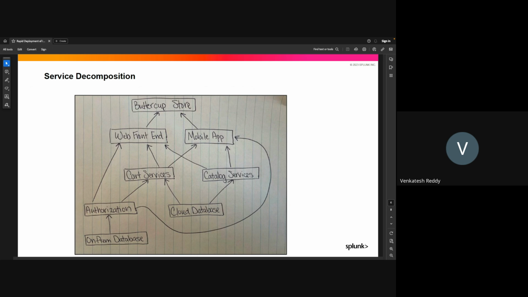And I also want to talk about service templates. We use service templates for the same kind of services. For example, here on the left-hand side, we have an on-prem database service, and here we have a cloud database, which means we monitor the same KPIs on both services, right? On the on-prem database server or the cloud database server, we track the same KPIs. KPIs are nothing but key performance indicators. Based on the KPIs, the health of this particular service will be defined.